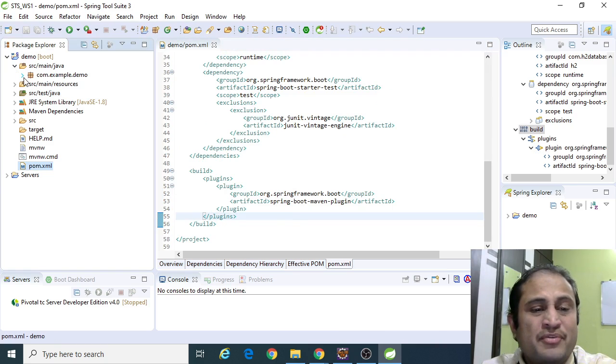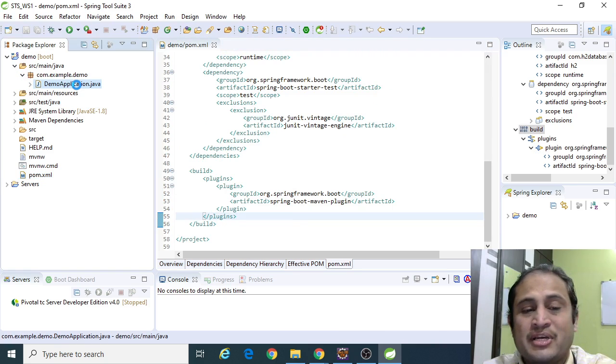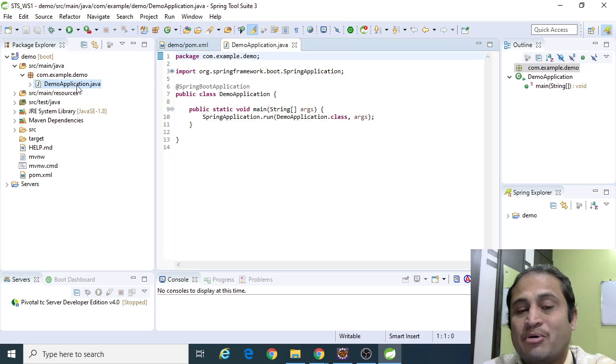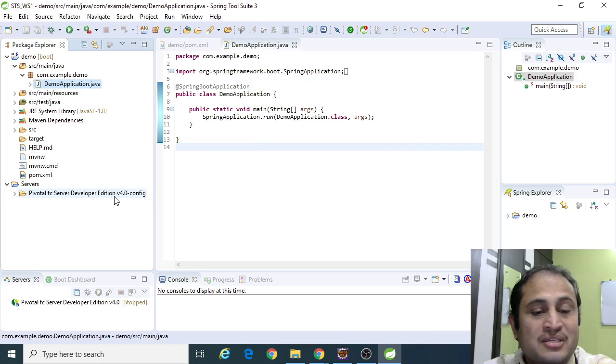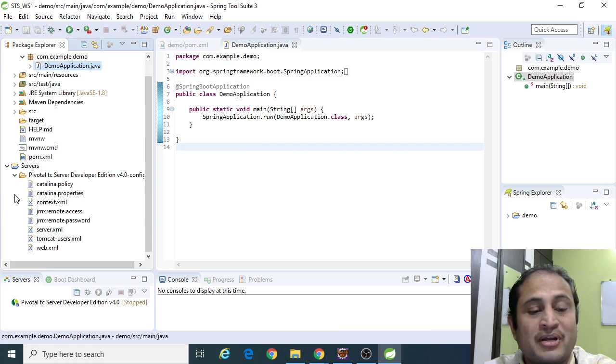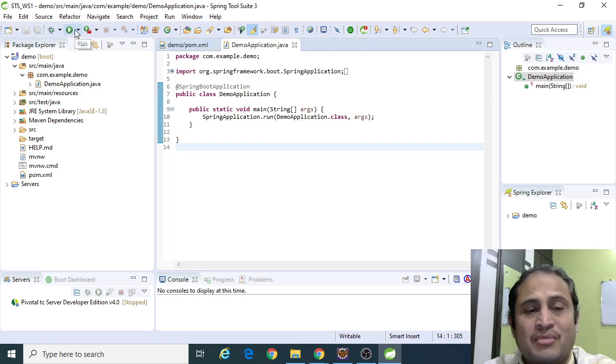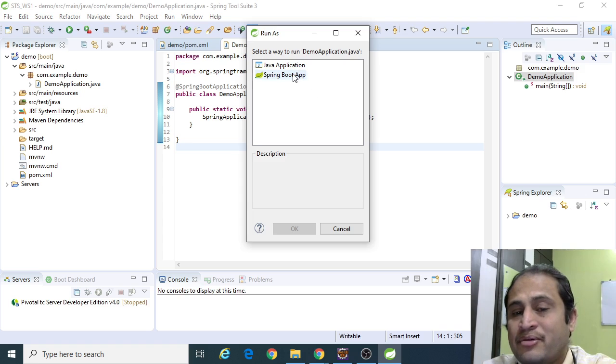So if you go there and have a demo application here, because the name of the project that we have given is demo application, it has an annotation called Spring Boot Application. I'm not doing it, it has an embedded server. See, it has some embedded server. It is automatically configured with Tomcat and everything. Let me run this application. I am not doing any changes here. I'm just running this particular application. Yeah, you can choose Run As a Spring Boot App or Java Application. Let me choose Spring Boot App.